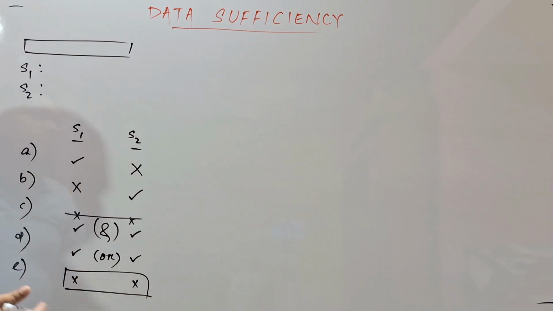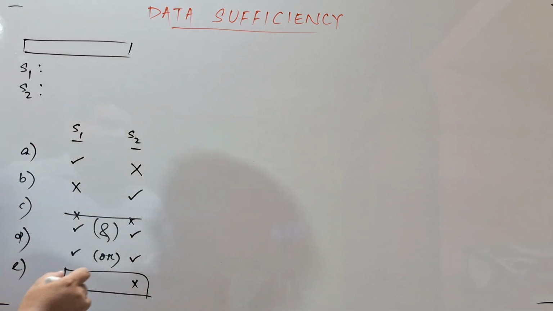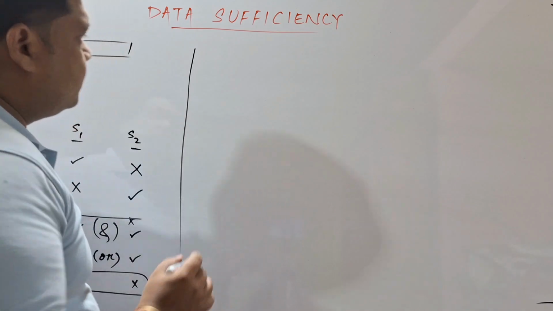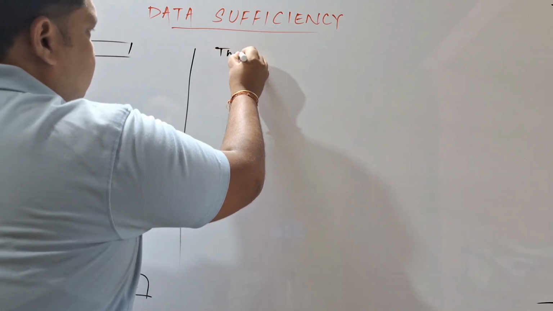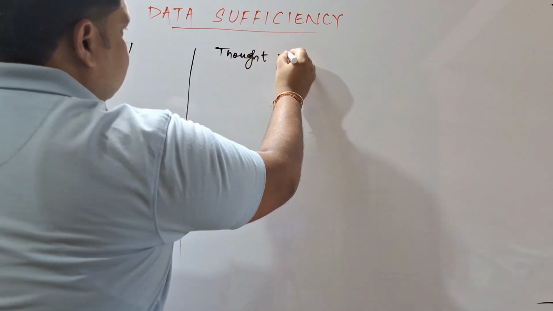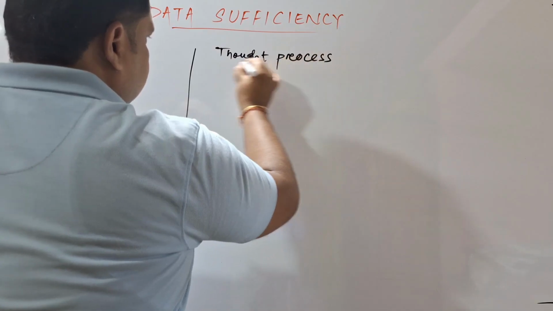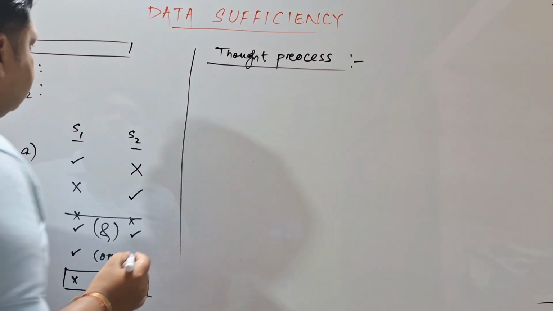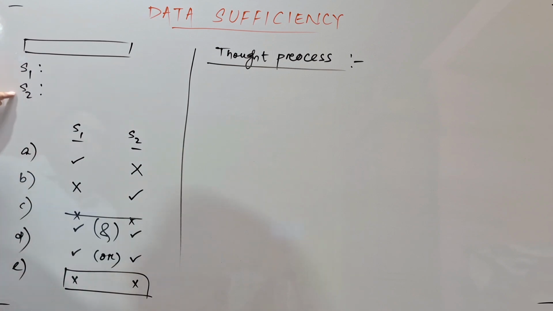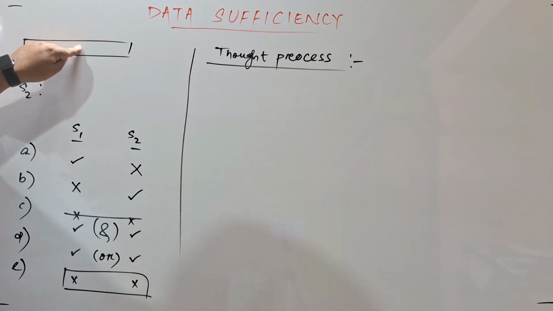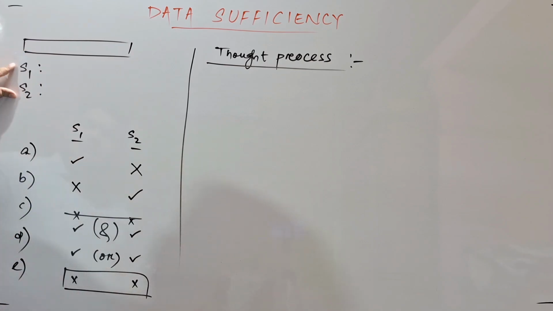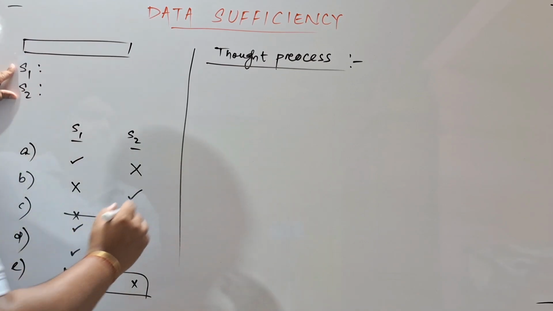Okay, we will solve more questions so that you can understand the thought process, how I will handle it. Now if I explain the thought process, here I will write thought process to handle DS. How to handle a DS problem? First of all, we have to evaluate statement 1 and statement 2 after paraphrasing the original question. Paraphrasing means simplifying the original question. After evaluating S1 and S2,